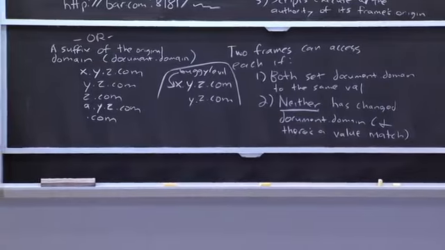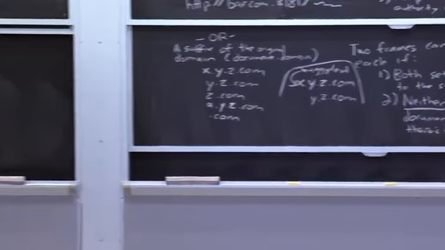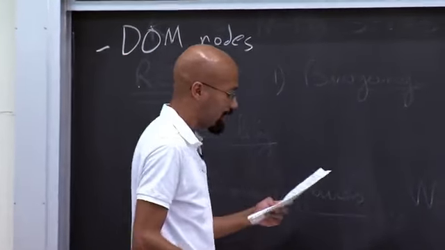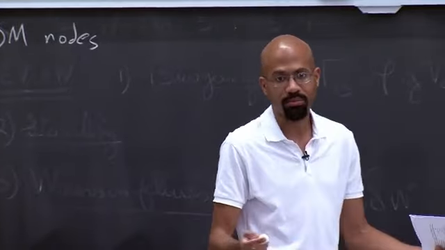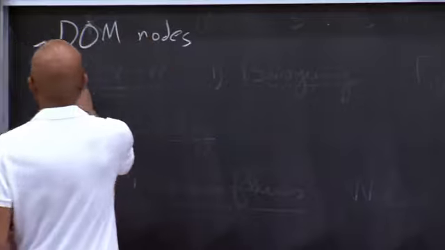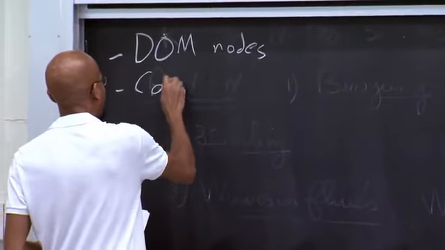So then we can look at how DOM nodes are treated. It's pretty straightforward for DOM nodes. DOM nodes basically get the origin of their surrounding frame. Makes sense. Then we can look at cookies. Cookies are complicated